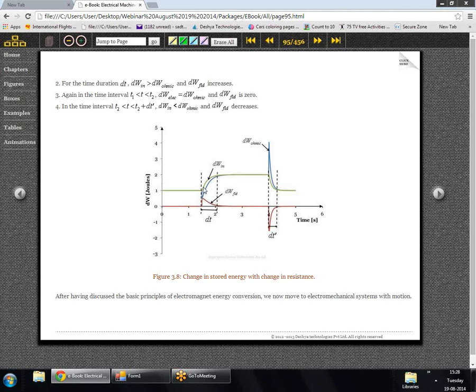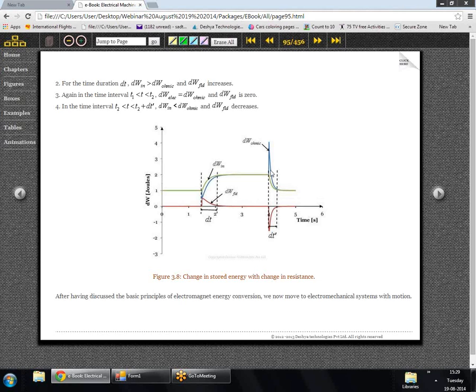If we see here at instant 1.5 seconds, when we reduced the resistance of the rheostat by a factor 2, the current started to rise. So our differential input energy dW_in started to rise. Our differential ohmic energy also started to rise, but it was less than the differential input energy, and the difference between these two was the differential field energy. The red curve exists only in the duration when we have a change in the current, and the area under the red curve gives the net increase in the stored magnetic energy in the system.